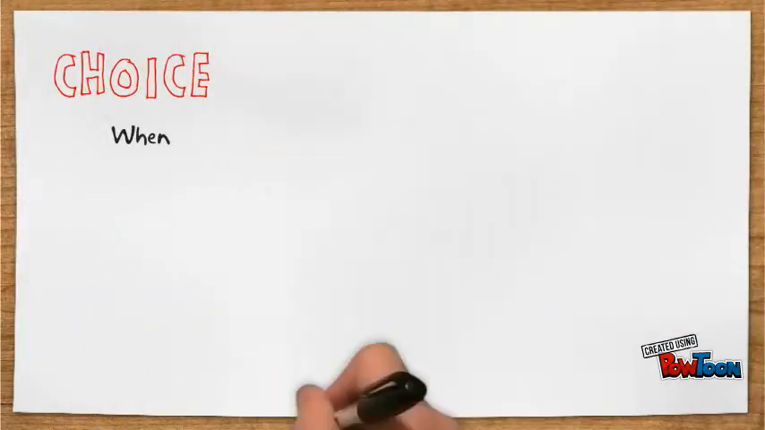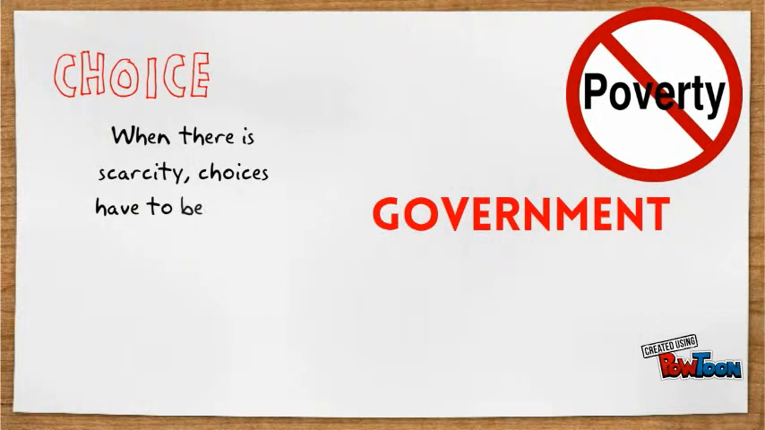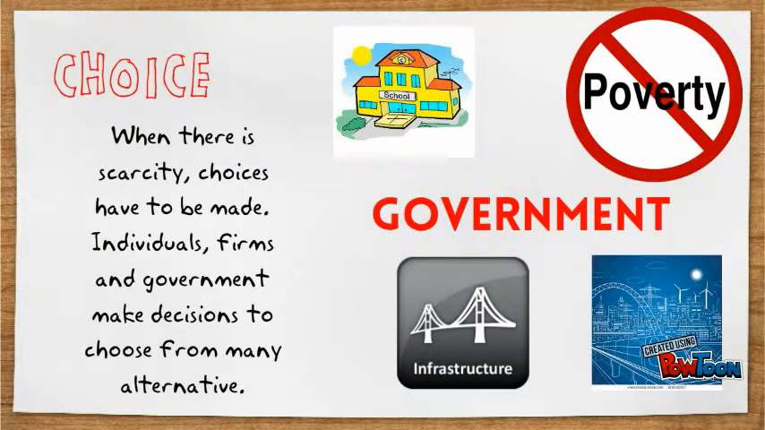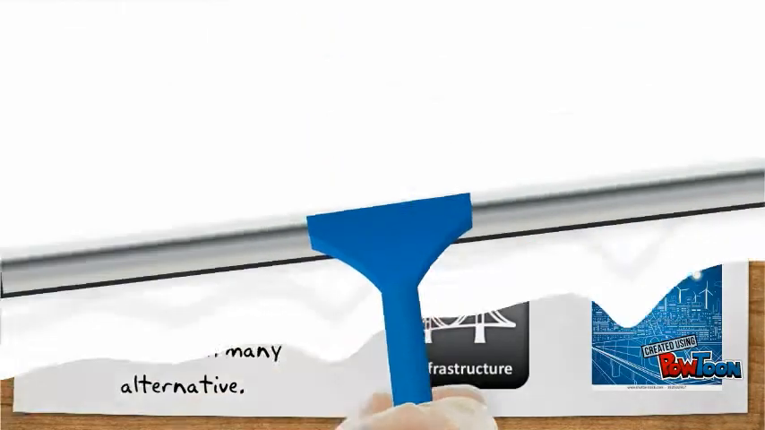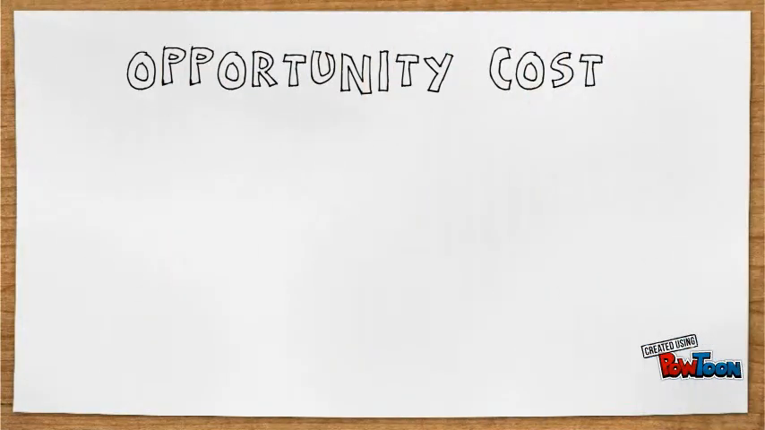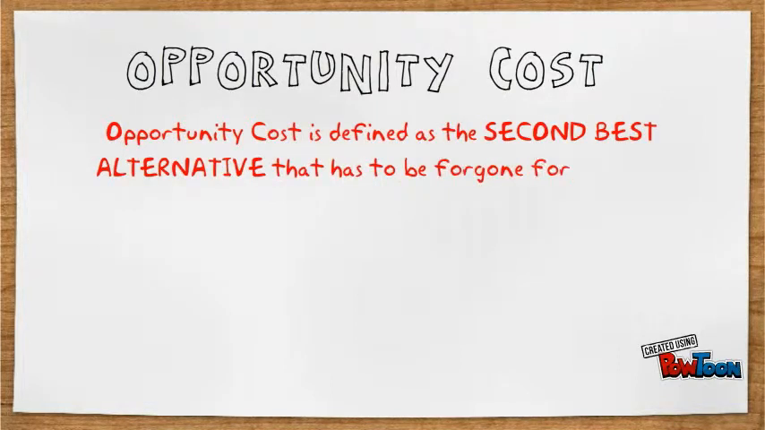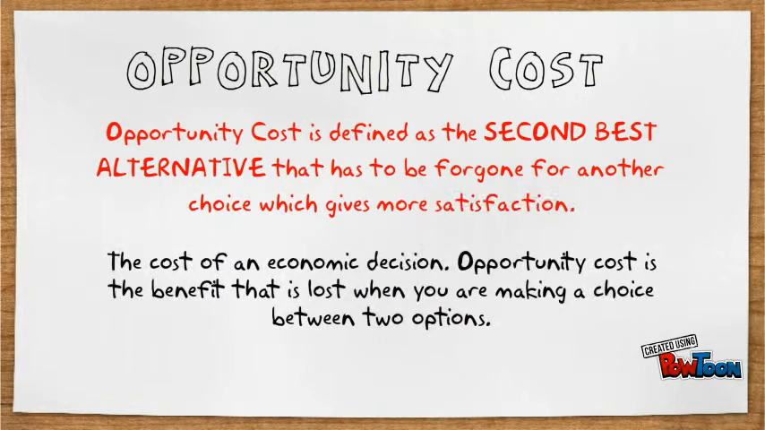Second, choice. When there is scarcity, choices have to be made. Individuals, firms, and government make decisions to choose from many alternatives. Third, opportunity cost. Opportunity cost is defined as the second best alternative that has to be foregone for another choice